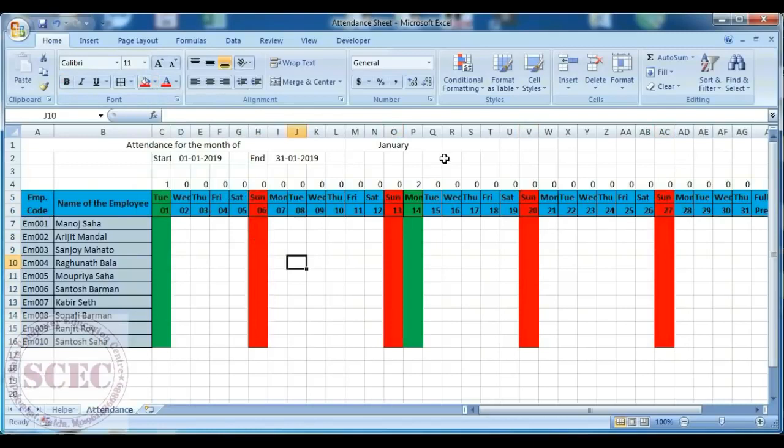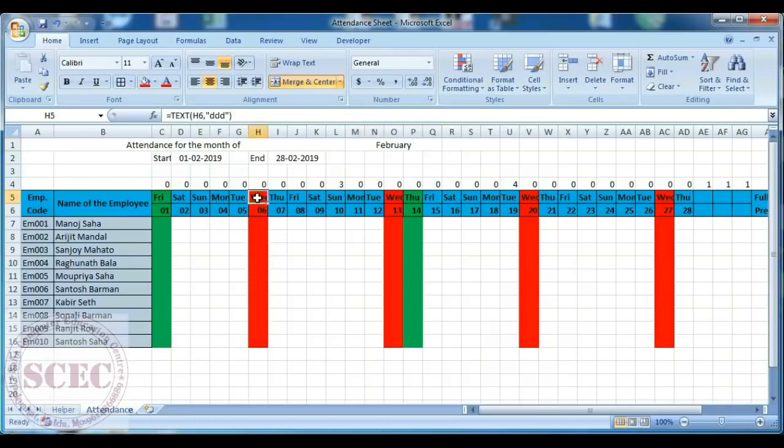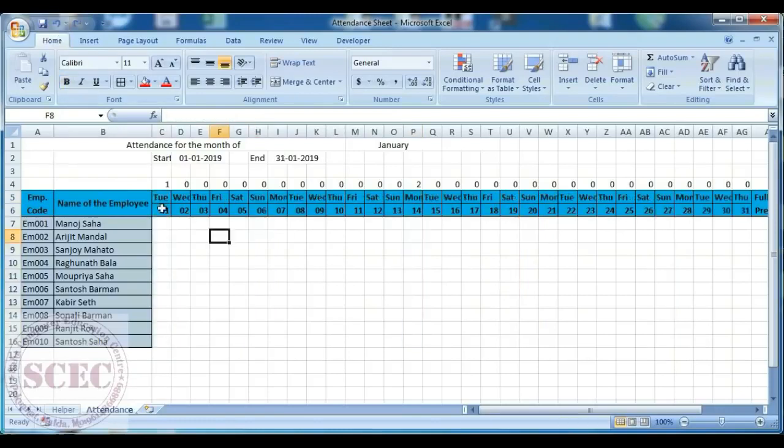But unfortunately when we change the months, the days change. Now see here it's Wednesday but still it's red, and there is no holiday but still it's green. So for this we have to do dynamic formatting. With the help of conditional formatting we can do this. So first let's remove this formatting by pressing undo, and now at first I select this row and go to